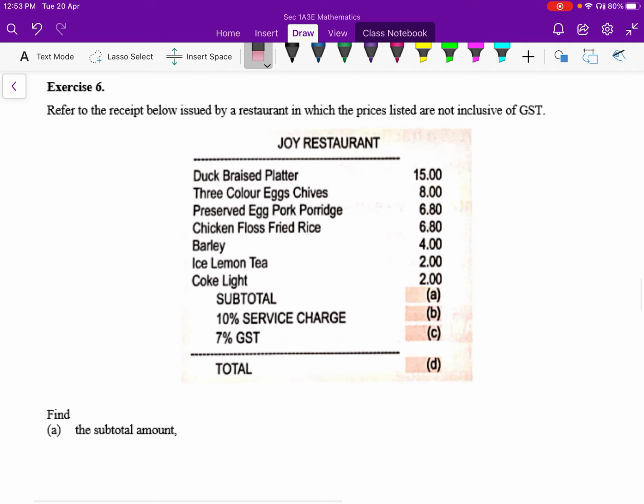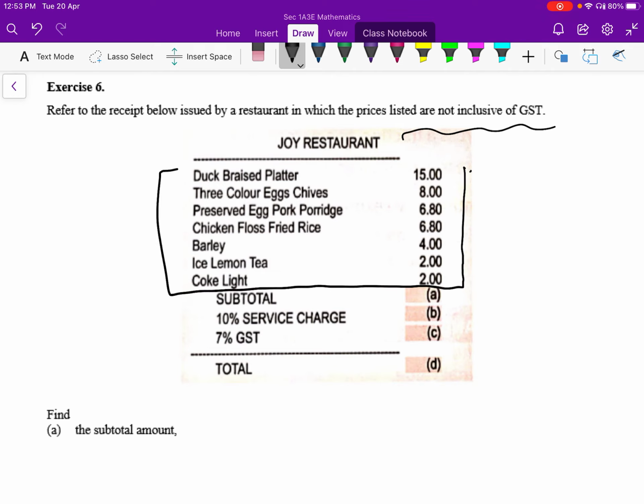Here we have a receipt. In this case it is in a restaurant, similar to what I asked you to copy down. The prices are not including GST. So these are the prices of what they have ordered. Now, in part A, it says calculate the subtotal, which was what I asked you to